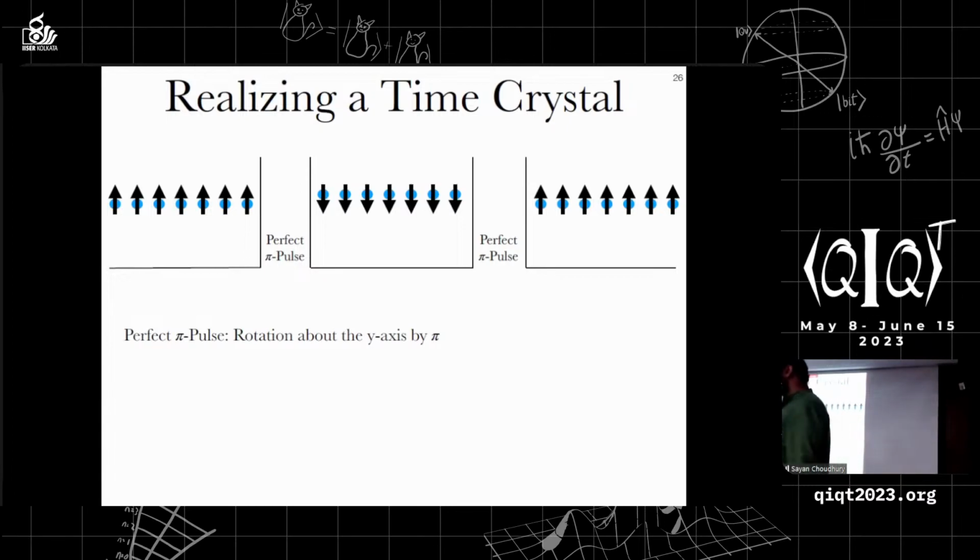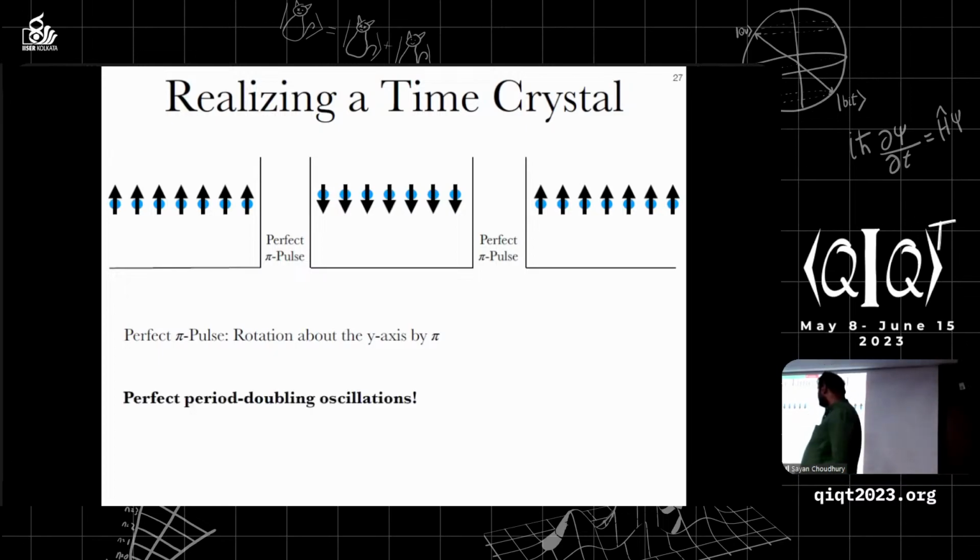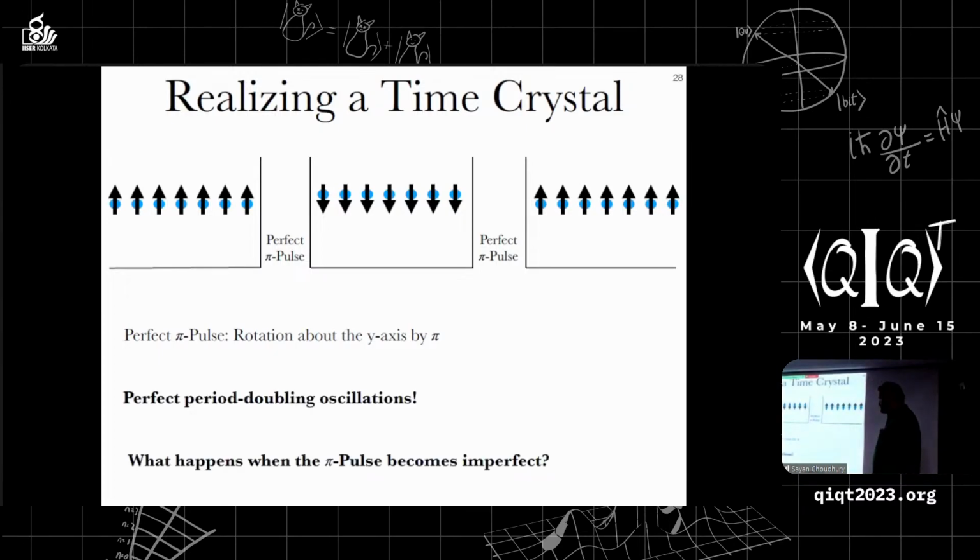So if I were to look at some observable, let's say total magnetization, it is positive, negative, positive, negative, and so on. But this hinges very importantly on the fact that you are dependent on a perfect pi pulse. This perfect period doubling oscillation happens when you have a perfect pi pulse, so this is an extremely fine-tuned situation. So what happens when you make the pi pulse